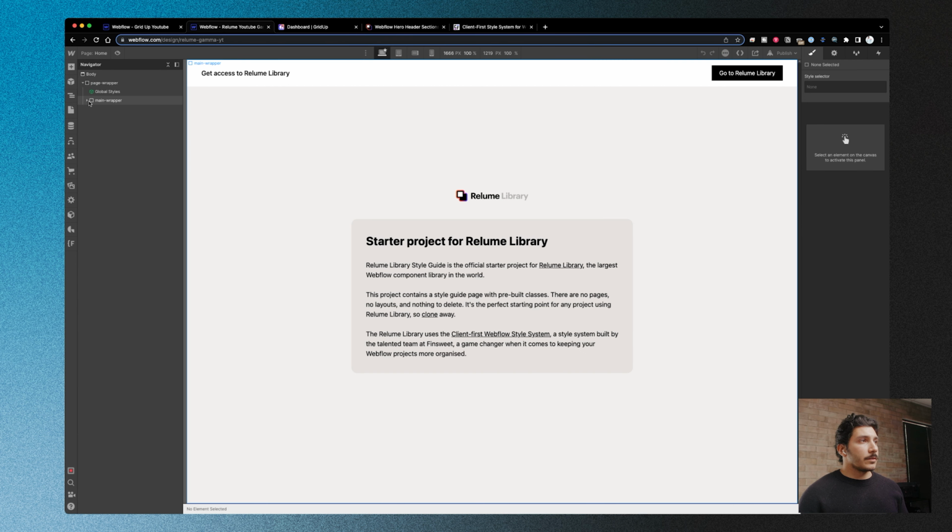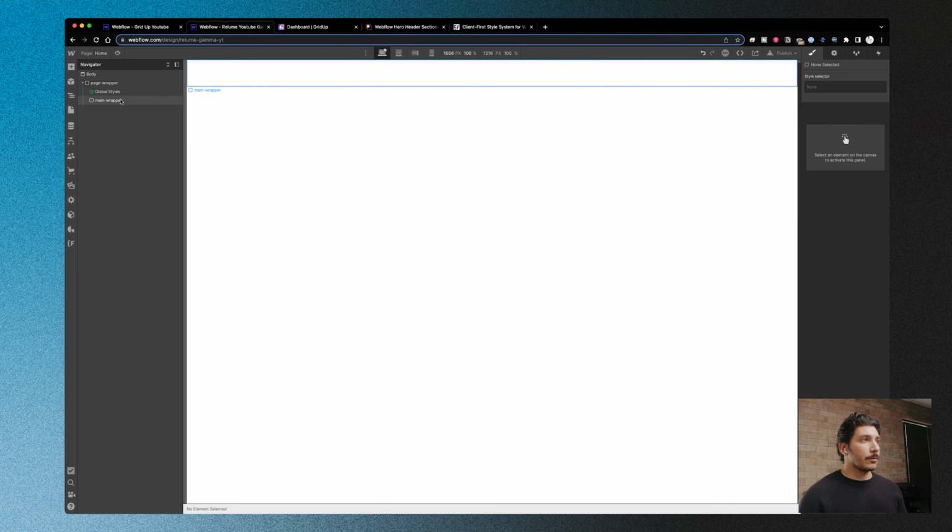And to work with this, you'll essentially still work with the client first layout here, and I won't get into this yet. You have your page wrapper, main wrapper. This is